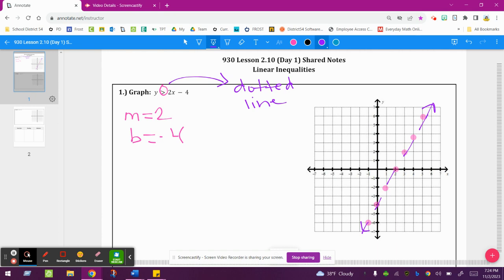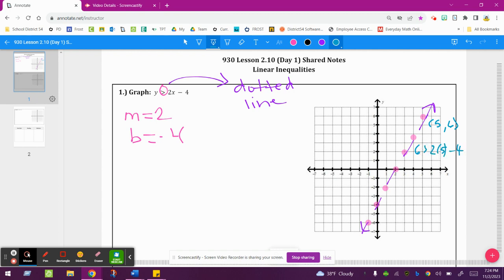And the reason that it's dotted, what it really means, is that anything that is on that line is not a solution. So remember, when we talk about linear equations, anything that's on the line is a solution. But when we're talking inequalities, that's not necessarily going to be the case. If I were to pick any point on this line, I'm going to look at 5, 6. And if I try plugging it into my original inequality, we'll see how it's actually not a solution. So if I plug in my values, it's going to give me this,